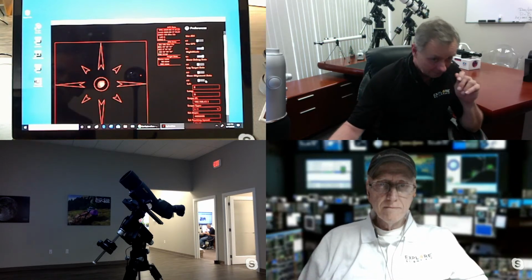Night mode is on. Debug mode doesn't matter. Log target data doesn't matter. You can turn it off if you want to. Show alignment data. I'm going to turn that one on. Move up a little bit. Longitude and latitude is not here. We're going to work on that. Scope type is